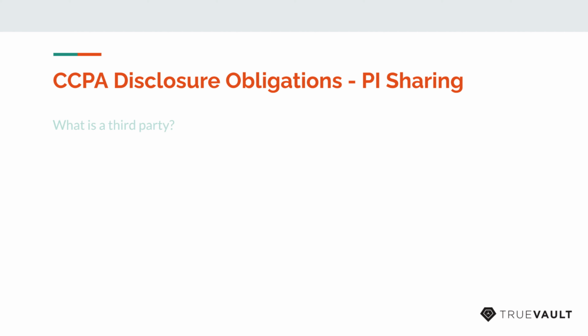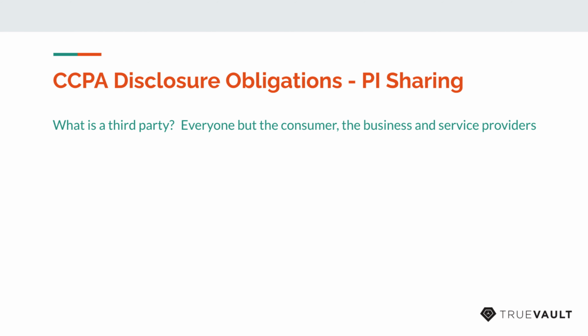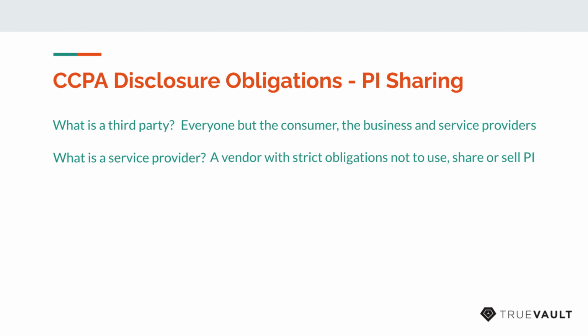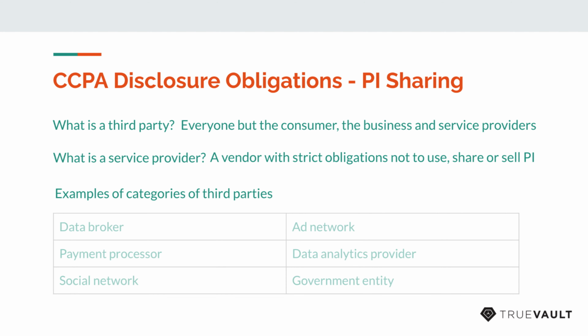Third parties include any person or entity other than the business, the consumer, and the business's service providers. A service provider under the CCPA is an organization, like a vendor, who is contractually obligated not to use the personal information a business shares with it for any purpose other than providing the specified service. Here are some examples of categories of third parties: data broker, ad network, payment processor, data analytics provider, social network,